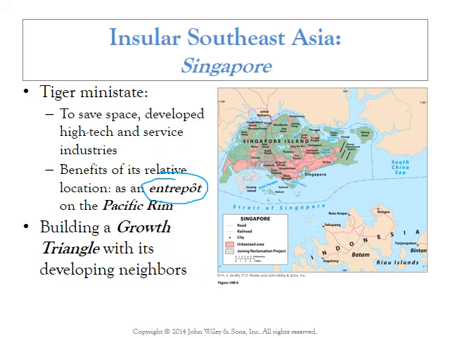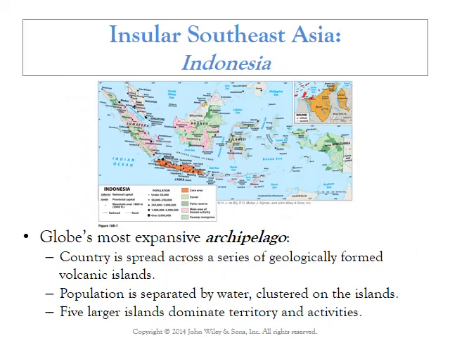Their current development strategy, first of all, is to branch out a little bit, to diversify the economy by focusing on IT and automation and biotechnology. And they're also trying to forge an ever stronger growth triangle with two of the developing neighbors, Malaysia and Indonesia. Both of those economies are on the rise.